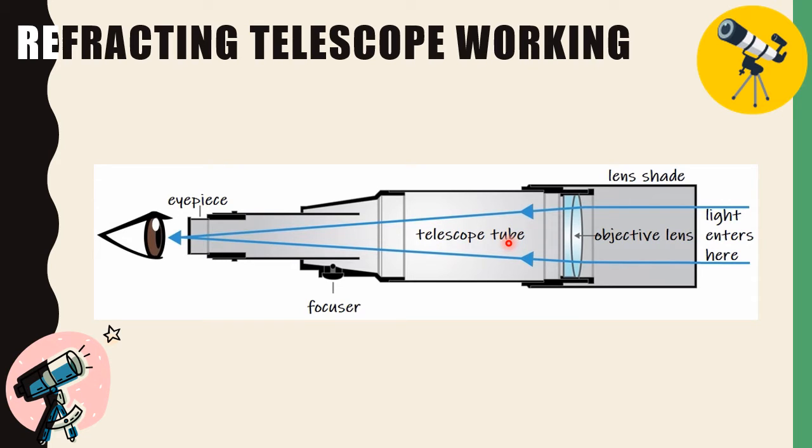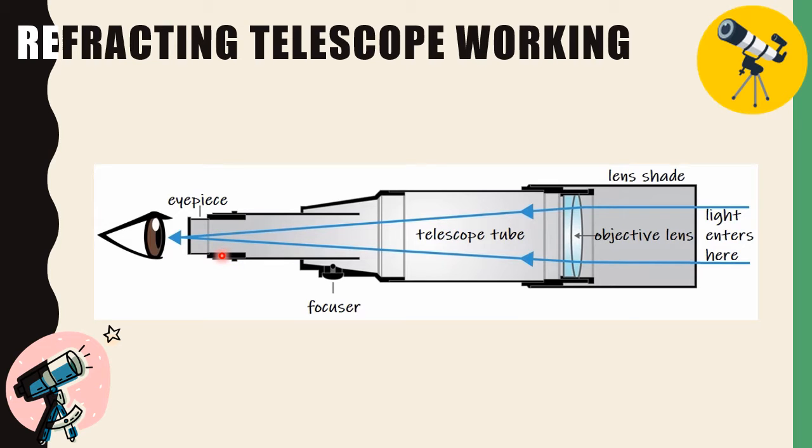And then the lens refracts the light to a point of focus at the other end. Here we can see the light getting focused. So, from the object, the light entered into the objective lens, refraction happened. This is a convex lens, so the rays are converging and meeting over here. The focusing happens. So, this is then magnified to form an image by the eyepiece. Eyepiece is the lens that is closer to our human eye.